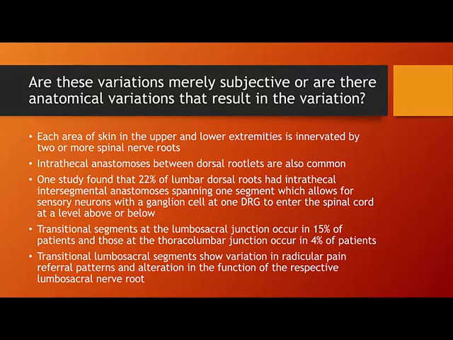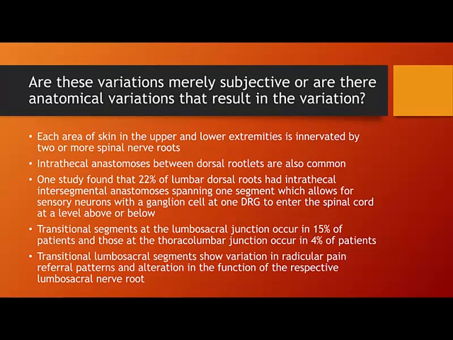So are these variations merely subjective, or are there anatomical variations that result in the differences? It is known that each area of skin in the upper and lower extremities is innervated by 2 or more spinal nerves. Intrathecal anastomosis between dorsal rootlets is also common. One study found that 22% of lumbar dorsal roots had intrathecal intersegmental anastomosis spanning one segment, which allows for sensory neurons with a ganglion cell at one dorsal root ganglion to enter the spinal cord at a level above or